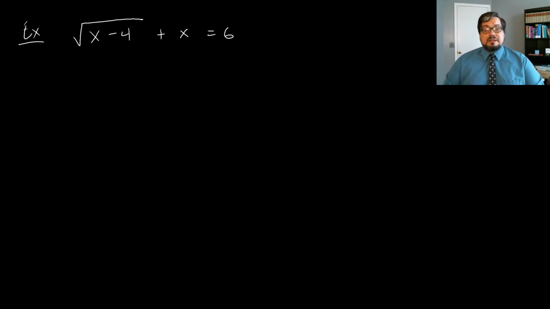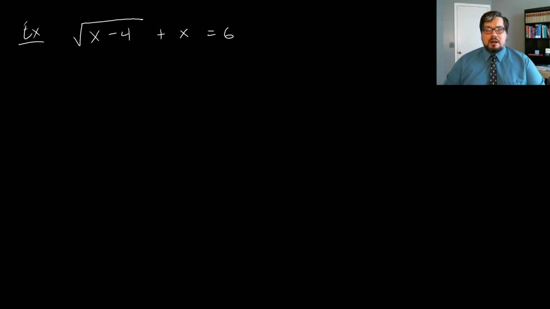Let's look at the square root of x minus 4 plus x equals 6. Now this one's a little bit different because we've got variables both inside and outside the radical. Getting rid of the radical is the first priority. We can't solve for a variable if it's still inside the radical, just like we can't solve for a variable if it's in the denominator of a fraction. And so our first goal is always to get rid of that radical,